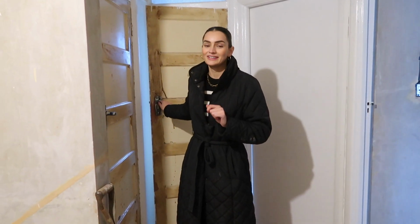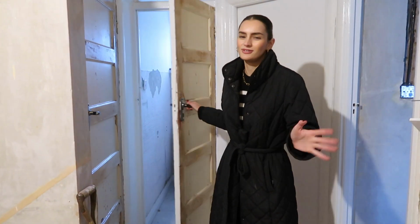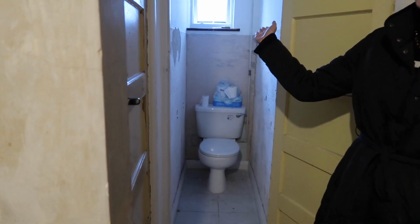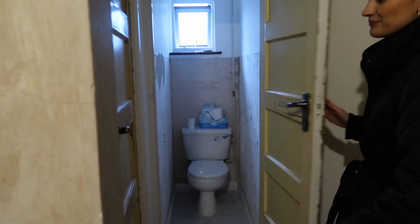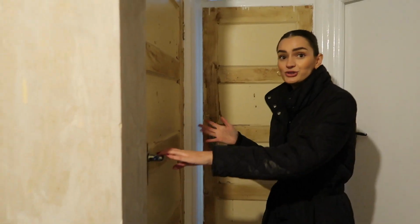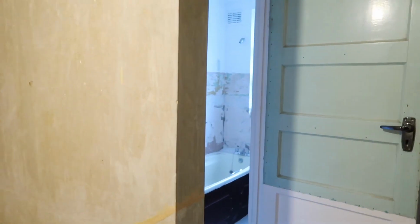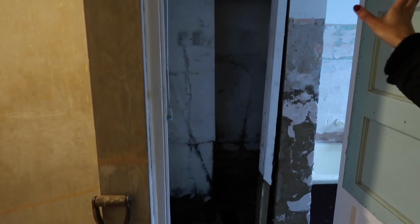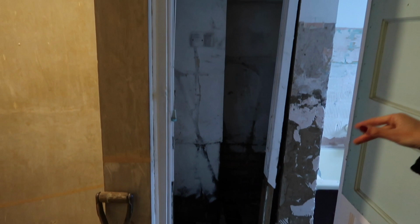And truly, finally, I did forget to mention the bathroom, although there's not too many updates here. Here we have a toilet, still separated by a wall. That is a task for when we do the bathroom. And then we have the main bathroom, which actually there have been a few updates in here. So we used to have this cupboard, and I don't think I ever showed you inside of it, but we